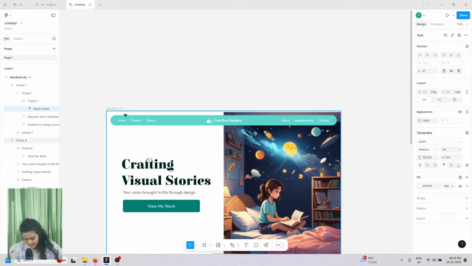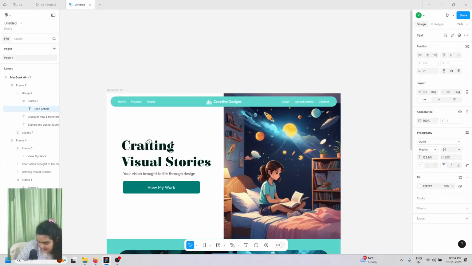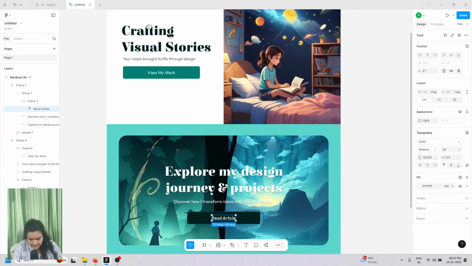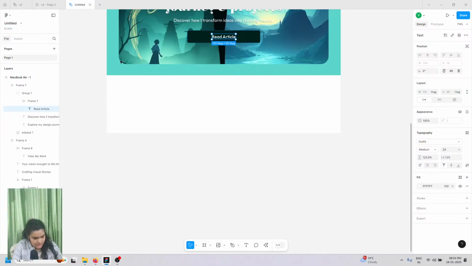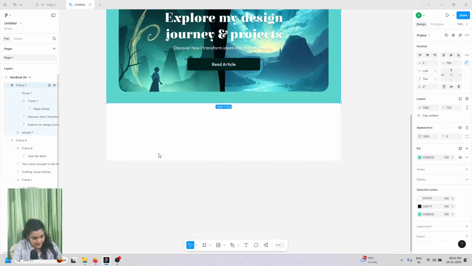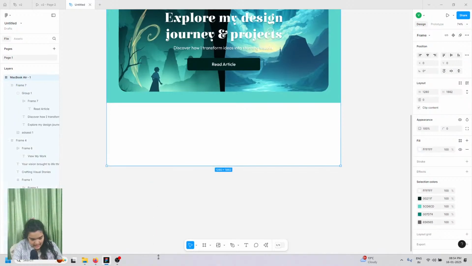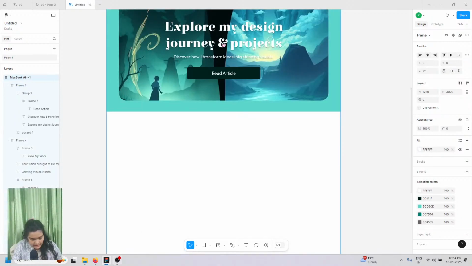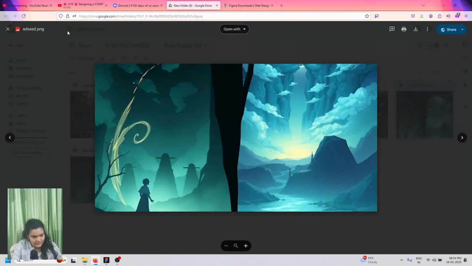Obviously, we're back. The next section that we're building out is our cards grid. Very, very fun as an element. Really, really awesome to build out. So we're just going to go right here with our frame, MacBook Air 1. We're going to increase the size. And I once again want to point out that we're using